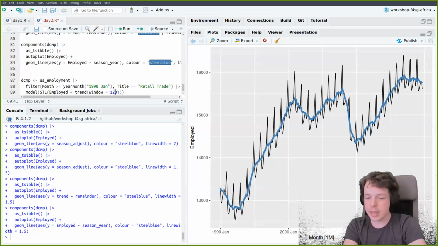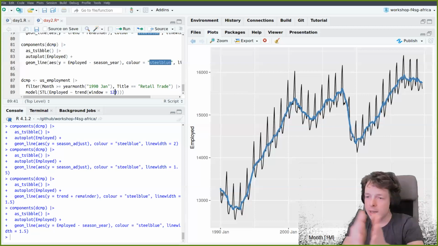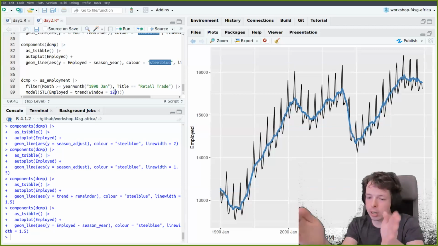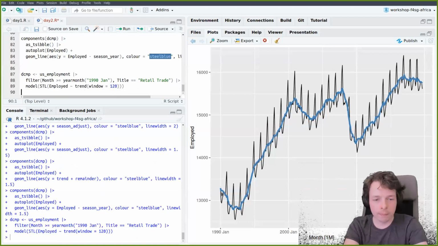What this means is that we'll use one window between 1990 and 2000 and estimate a trend. So we'll have a straight line for this section. And then we shift it by 1 month to get the next 10 years starting from 1990 February, estimate a new line, which will be our trend. And the resulting decomposition,